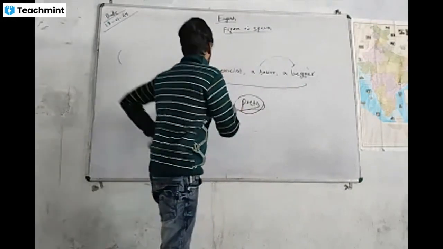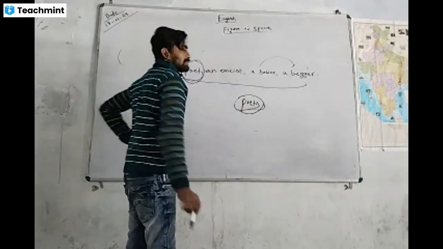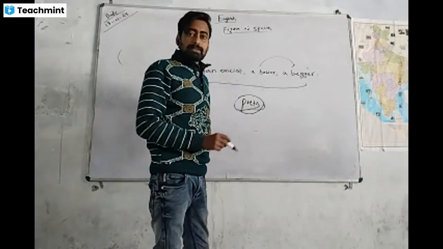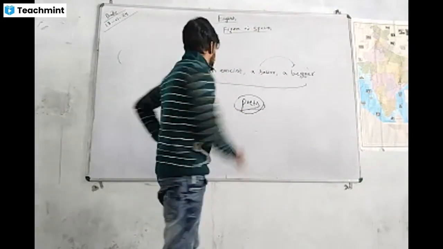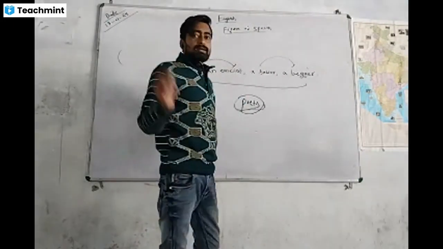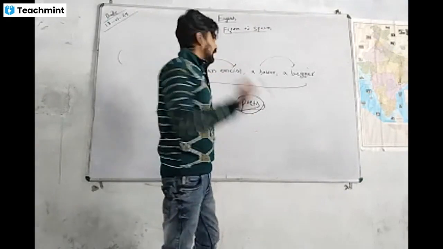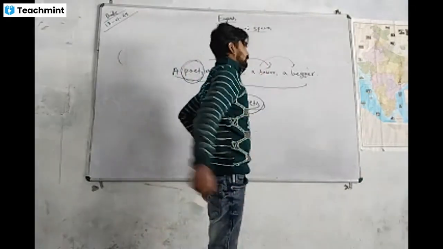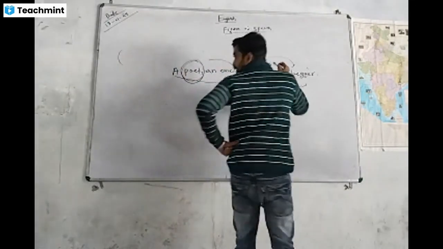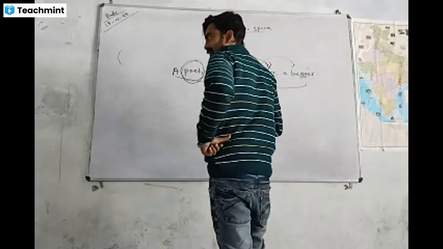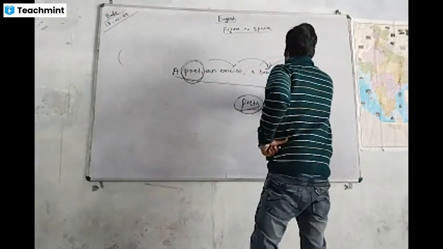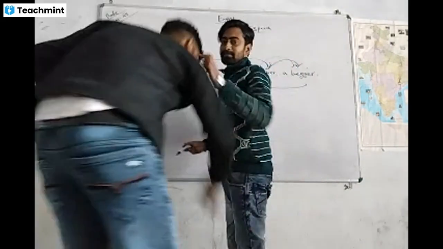Second also, what happened? At first, if a person is a poet, it means that person was at the higher level. Then he became an essayist. So gradually it decreased. He became an essayist, and after that a sailor. Then he transformed his identity as a sailor. And after that, he transformed into a beggar. So that means